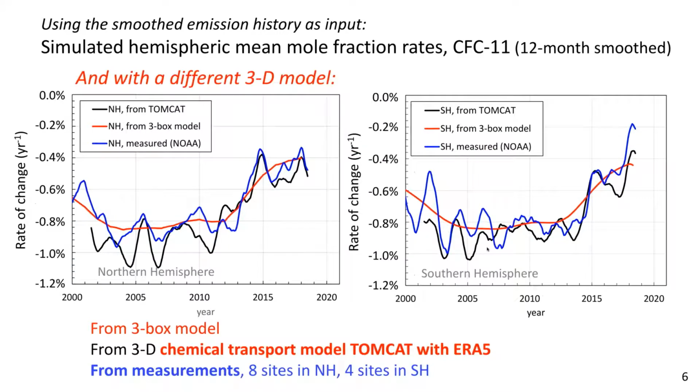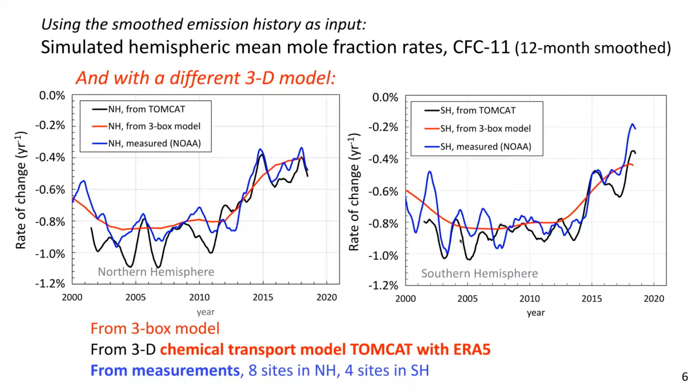We also considered another model. The first one was WACCM, and this one was TOMCAT, using a different representation of meteorology. And you could see similar patterns arise, where both models capture this slowdown in the decline of CFC11 during this period of time in the northern hemisphere due to what looks to be dynamics, and a particular slowing during 2015 and later on in this latter period in the southern hemisphere. There's a little better correspondence in the Southern Hemisphere in the mid-2000s, although the phasing or the magnitude is slightly different.